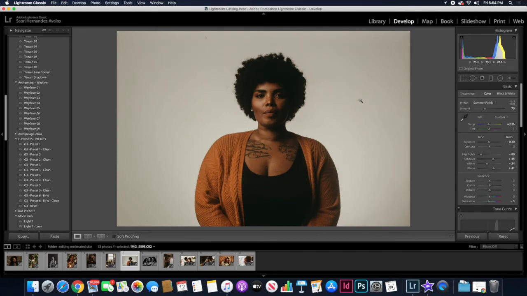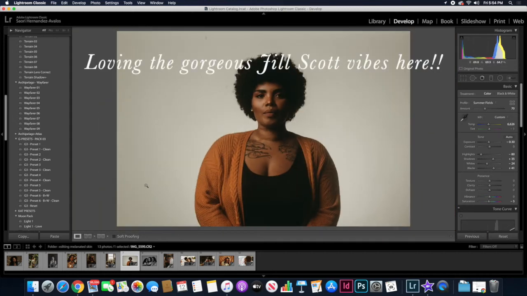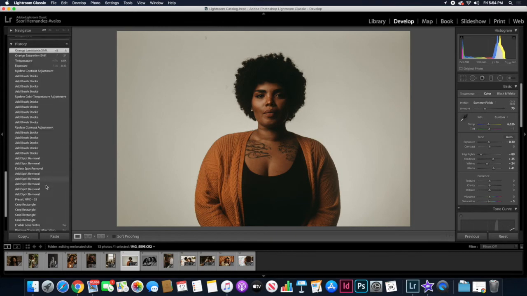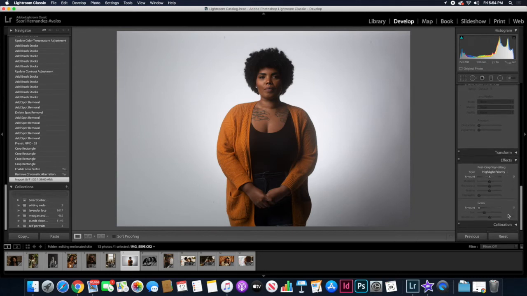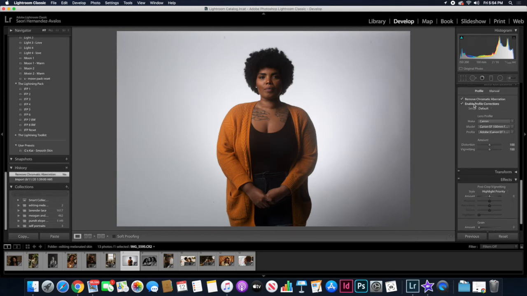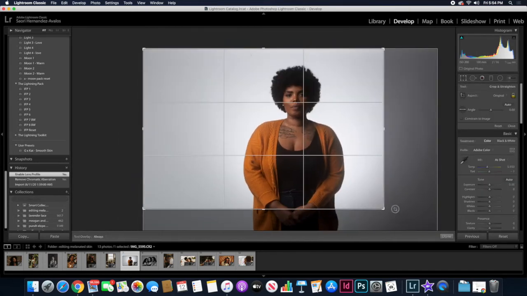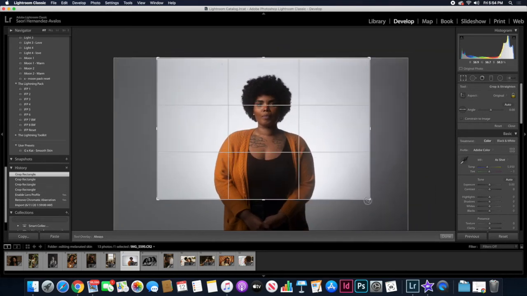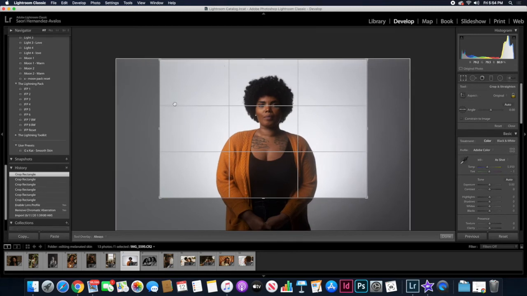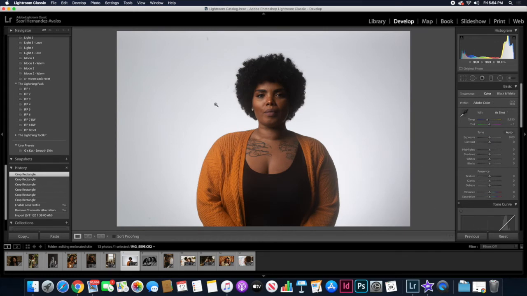This is going to be a very simple edit. There is not much going on around her, so it's going to be pretty straightforward. I'm going to go in with profile corrections, and again, based on my own personal preference, I'm going to come in and bring her eyes to this top line here. It just feels more intimate, a little bit closer up, like we're actually eye to eye, if that makes